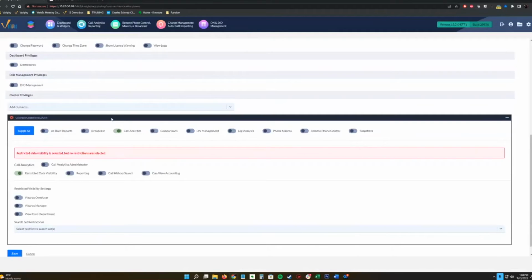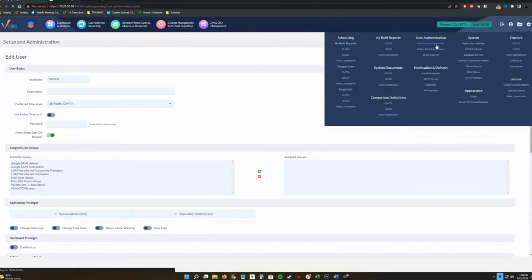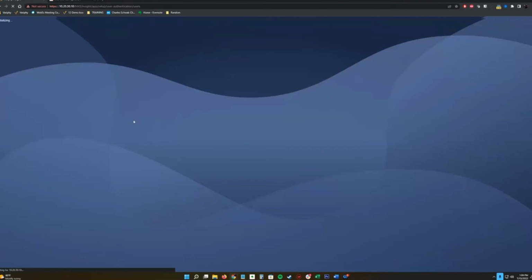Pretty simple, as long as that's set up correctly in Call Manager, if you're using local accounts in Call Manager, or LDAP, and LDAP will sync to the Call Manager with those specified fields as well. So nothing too crazy there, pretty simple. And we'll show you also in the groups, the user groups as well.